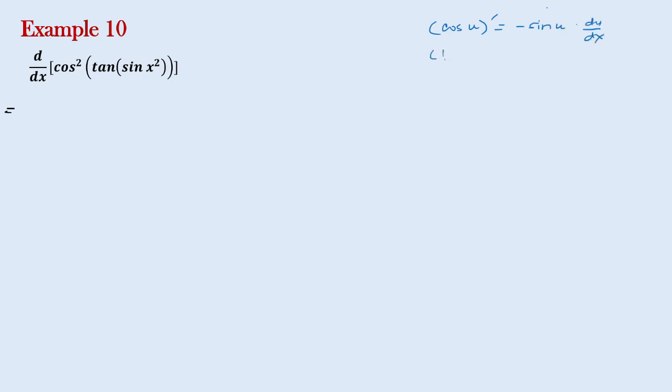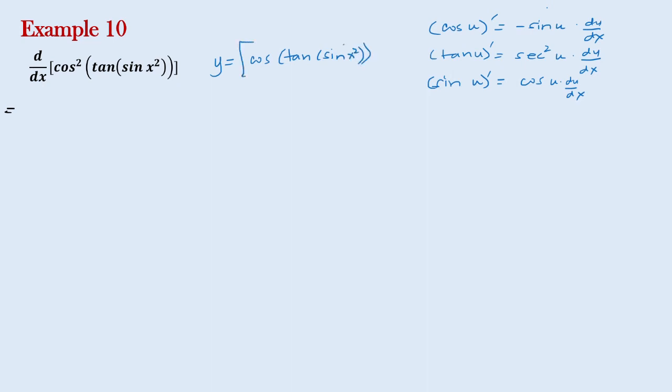For tangent, the derivative of tangent u is equal to secant squared u times du dx. And the derivative of sine u is equal to cosine u times du dx. And this function can be written as y is equal to cosine of tangent sine x squared